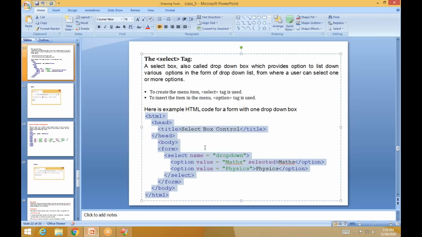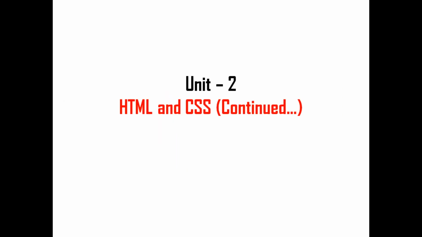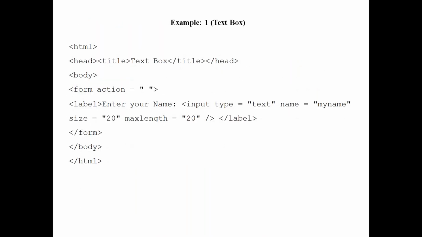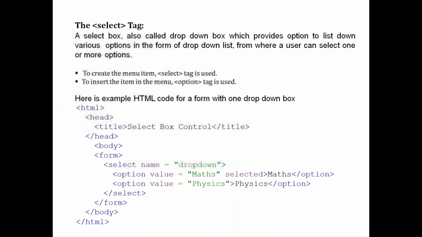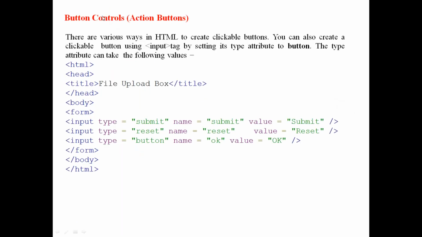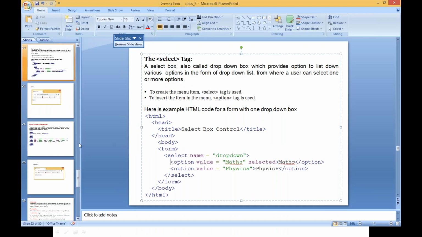After selecting, there are buttons. You can also create buttons. How to create buttons? Same within the input tag. With type equal to submit, it becomes a submit button. With reset, it becomes a reset. With type equal to button, it becomes a button. All are buttons, but if you want to use them for different purposes, you have to give the names submit, reset, button. So for example, here I'll give an example.